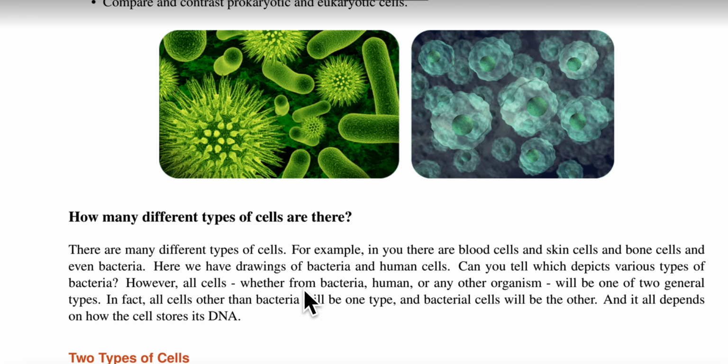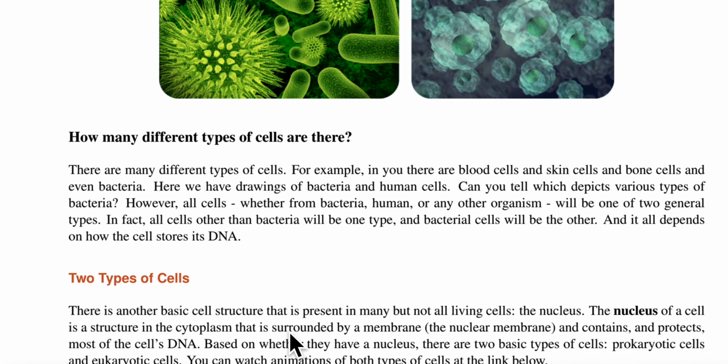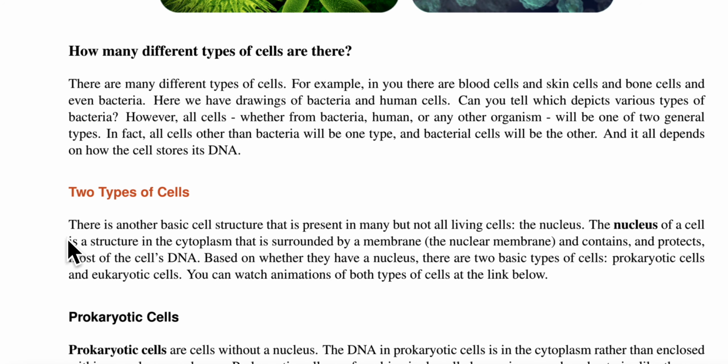However, all cells, whether from bacteria, human, or other organisms, will be one of two general types. In fact, all cells other than the bacteria will be one type. The bacterial cell will be another. And it all depends on how the cell stores its DNA, deoxyribonucleic acid, for those who are playing at home. Two types of cells. There is another basic cell structure that is present in many, but not all living cells,